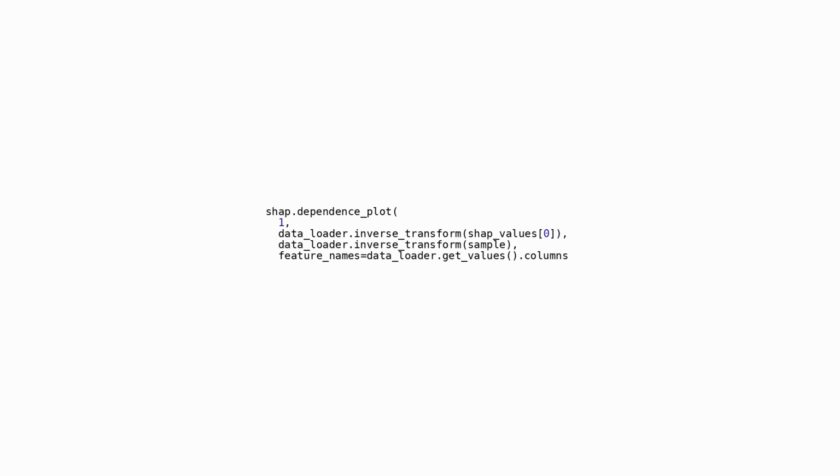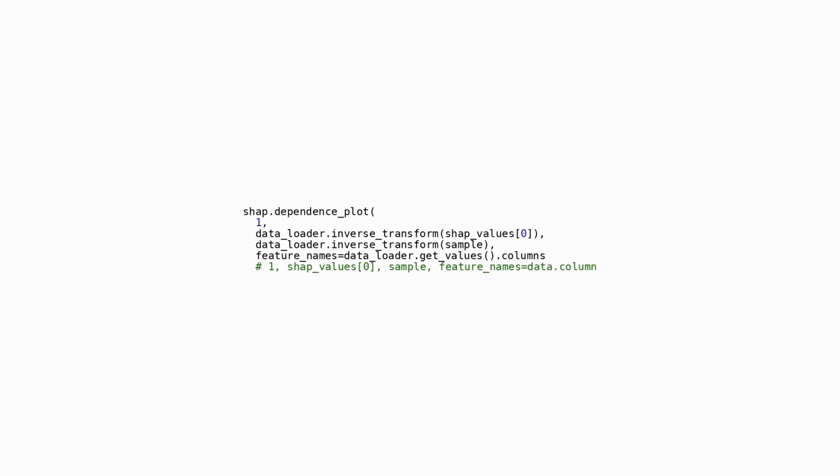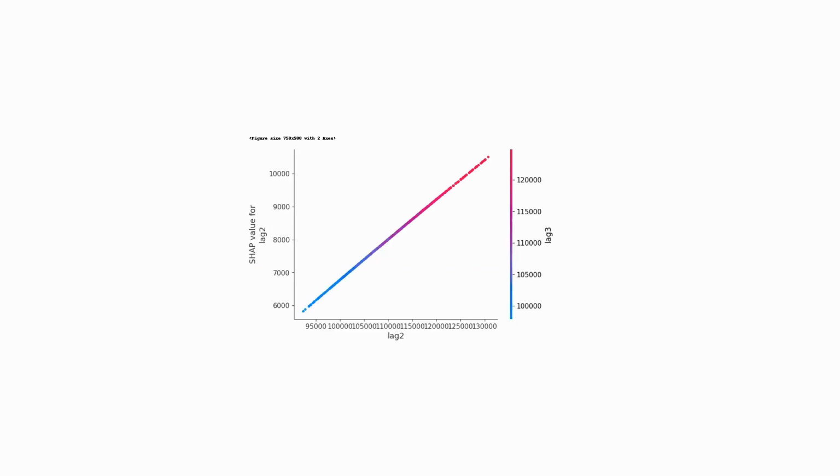Data_loader.inverse_transform(sample). This transforms a sample of data back into the original feature space. This sample is then used for plotting individual data points on the dependence plot, which can highlight the distribution of the actual data. 4. feature_names equals data_loader.get_values.columns. This argument sets the feature names for the axes of the plot according to the columns in the data